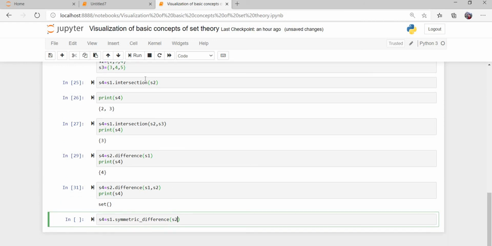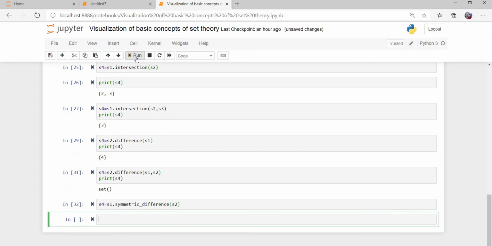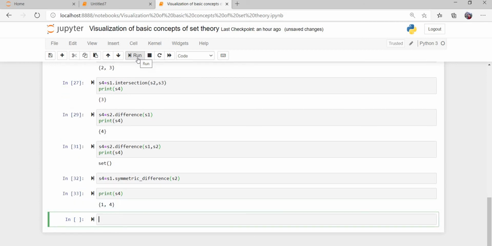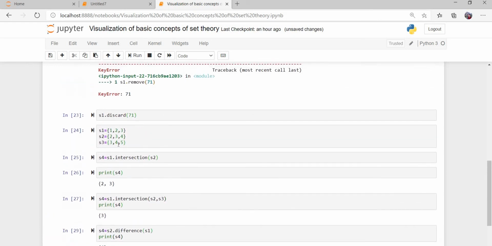Now we run this and print S4. It will give 1 and 4 as output because 1 and 4 are the distinct elements in set S1 and